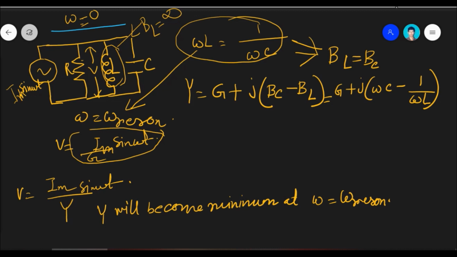Similarly, when we consider omega equal to infinity, BC will be infinity. So for both terminating cases, the voltage across this branch is equal to 0. So the diagram will look like